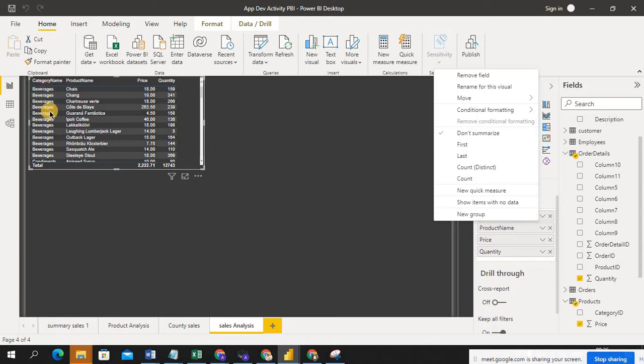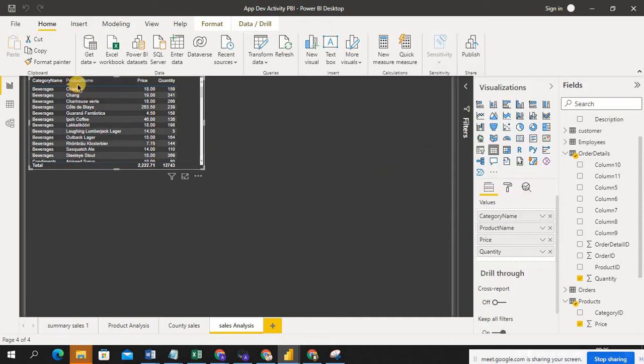Don't summarize means no aggregation like sum or count. Again, product name is also used here. For this table chart, whatever columns I select are all listed, and the status of what it's performing will show you here.